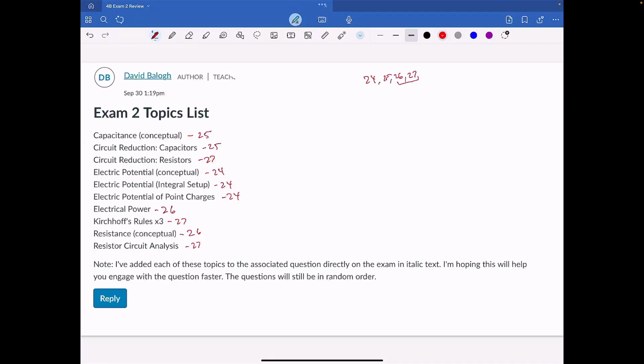How will that affect charge? How would that affect voltage? Well, it depends. Is the battery hooked up or is it not? So that kind of conceptual question. And then the same thing like